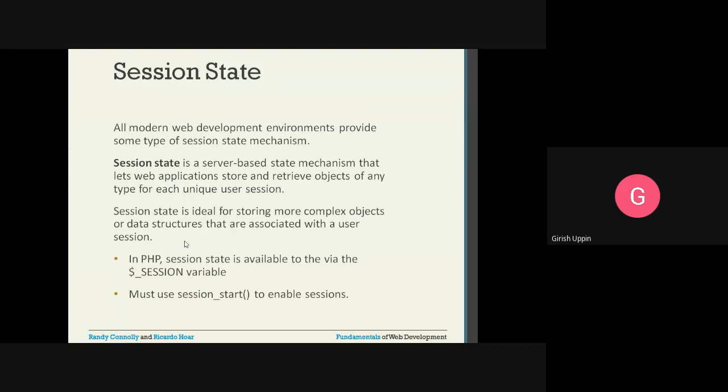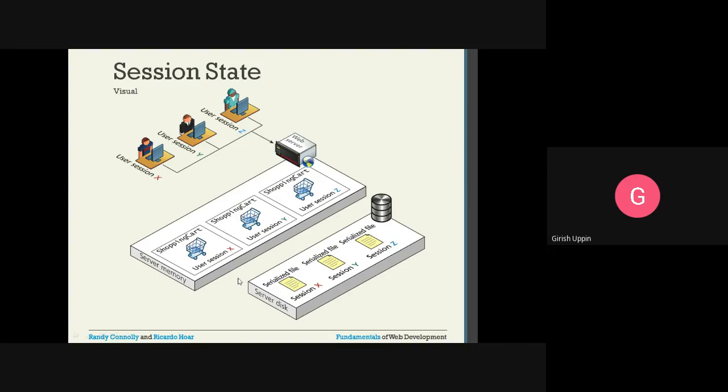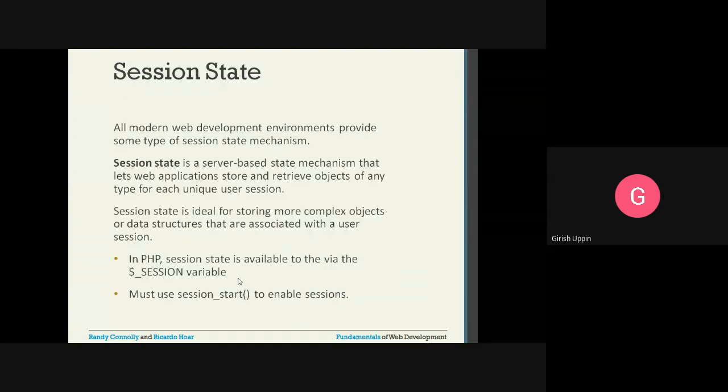Here is one advantage compared to the other mechanism, like we saw earlier, cookies for maintaining the state. There the relation is a key and a value pair. But in case of a session, we can also store objects. This mechanism, serialization, we talked about in the previous class. We can use serialization and deserialization to convert an object into a binary string and store it. And whenever a user makes another session, whenever he comes back, then we deserialize and get the object and the state.